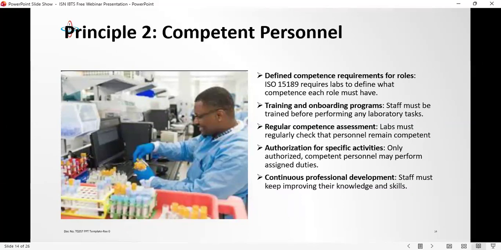And continuous professional development is not only attending seminars and webinars. Each one can teach one. A senior scientist can teach a younger scientist. A cleaner can come up with a protocol, because he is the one that is in charge of maintaining the general cleanliness of the lab, and come and train the scientists that, based on my work, I have observed that some sharp objects are sticking out and can cause harm. Can we do this in this way so that I will not have infection that will be adverse to me? Nobody is too big or too small.